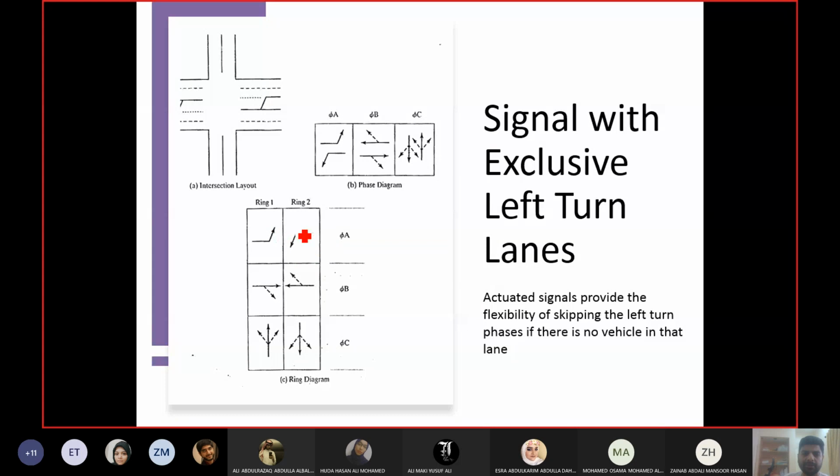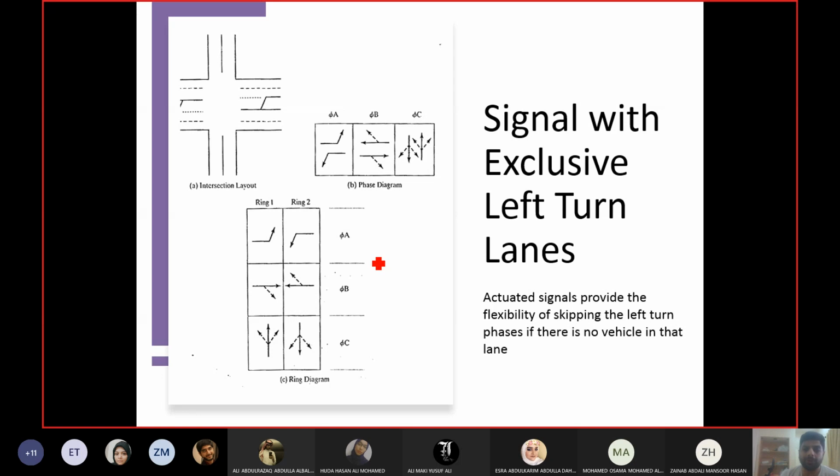Both left turning movements are happening in different directions, so they need two boxes and so on. If you have an actuated signal, actuated means signal with a sensor, then maybe you can skip left turning phases if there is no volume for left turning. So in the left turning lane, you put a sensor, and then you program the signal so that the left turning phase will only be used if volume is detected for left turning. So you can make a left turning phase actuated. So most of the times, or in times where there is no left turning volume, the signal will operate without any left turning phase. So this is one advantage of actuated signals, that you can skip phases as well.